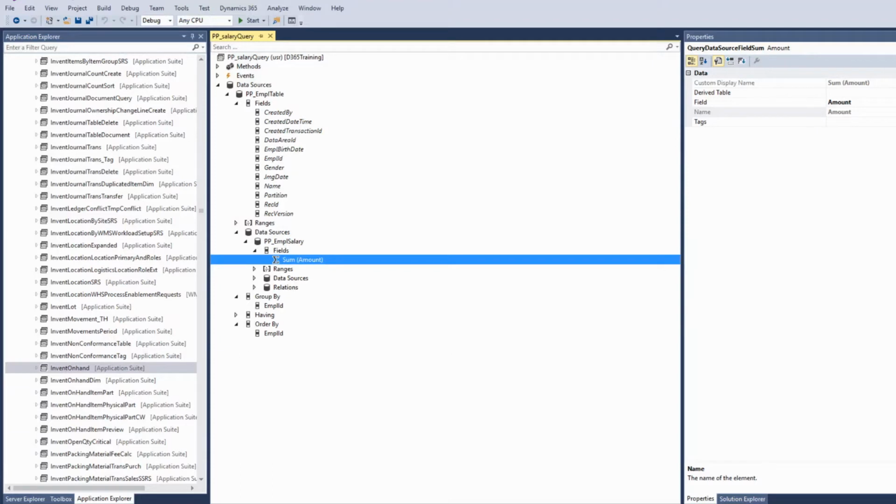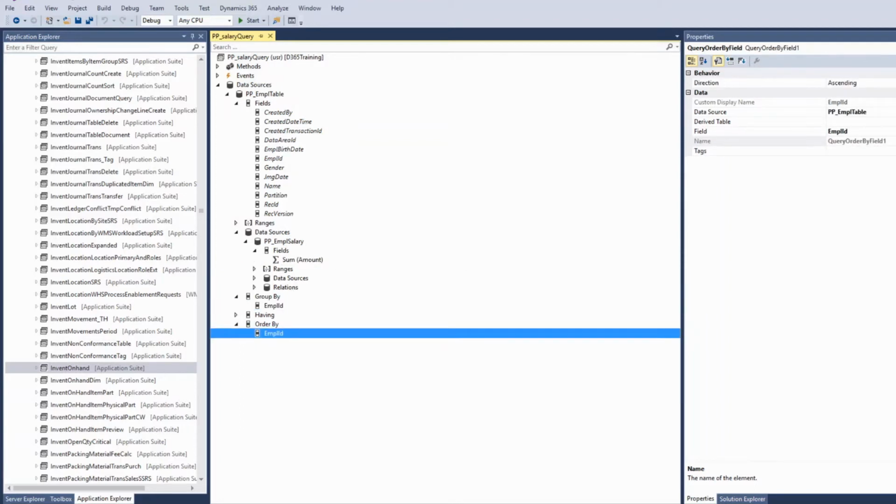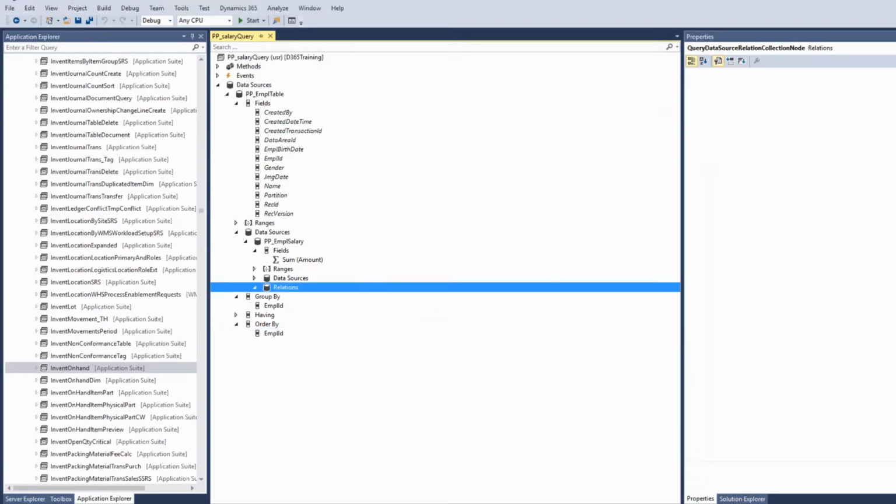So till now we have created one query, we added two data sources, parent data source is this, child data source is this, we have used the group by, and we also defined the order by, employee ID in ascending order. Now comes the relations. This is a very important concept with reference to the query. For the tables also we created relations; please refer to that video if you have not seen it. That is a very important video to understand how relations work and how many types of relations we can create.